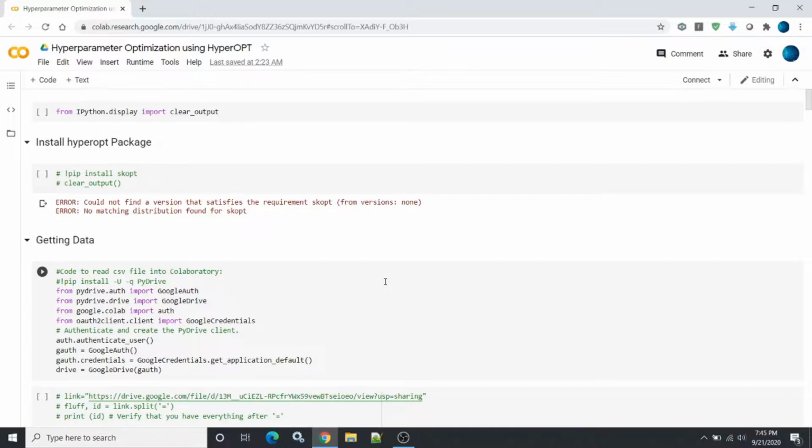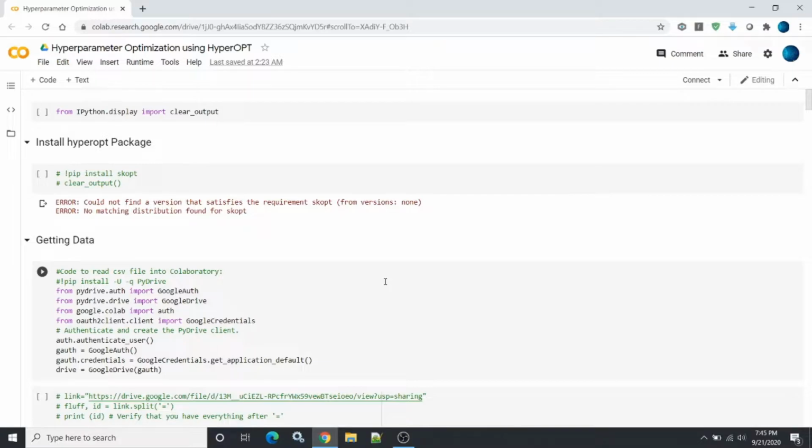Hyperopt, in other words hyper optimization, was developed by James Bergstra, and it works based on Bayesian optimization for parameter tuning, and again the result is the same. That is, it will give the best hyperparameters for your model.